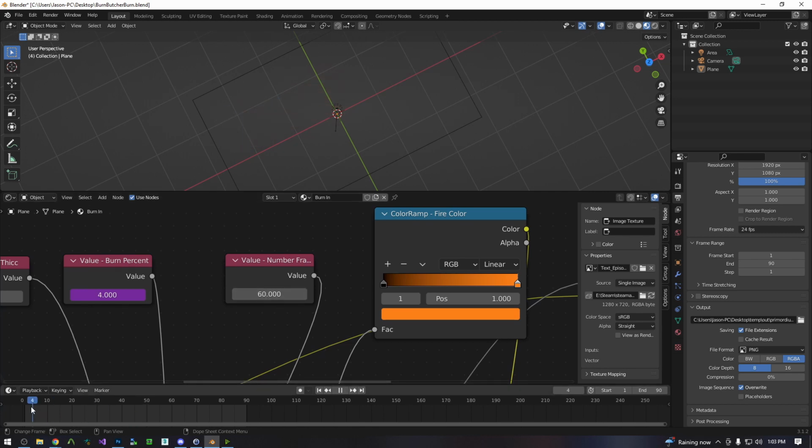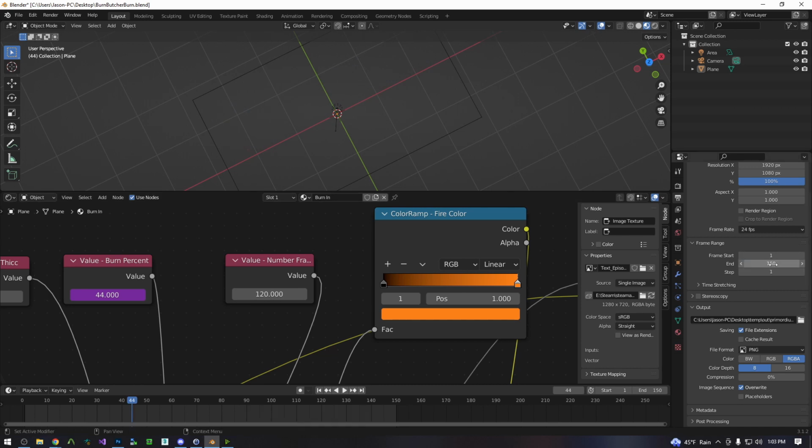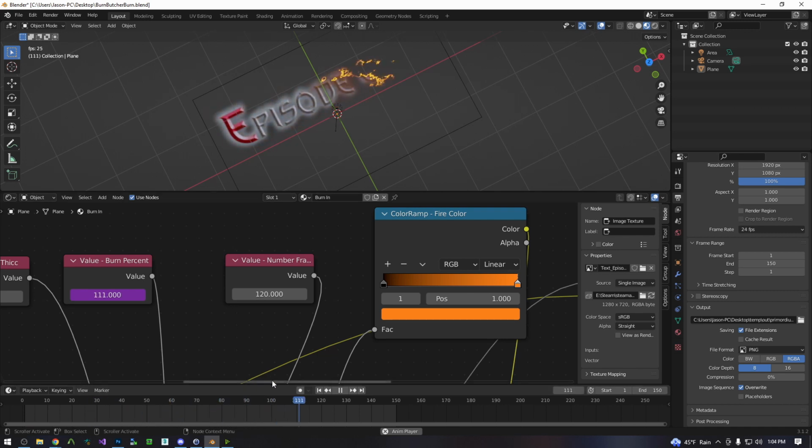So right now it's set to 60, and I have it set on a total of 90, so there's a little bit of leeway on either side. And that's what that looks like. If I were to go ahead and set this to 30, then this is going to go twice as fast. And then, of course, if I were to set it to 120 and extend the animation out to 150, then it's going to take twice as long. So you can control that as you see fit. I'm going to set all that back